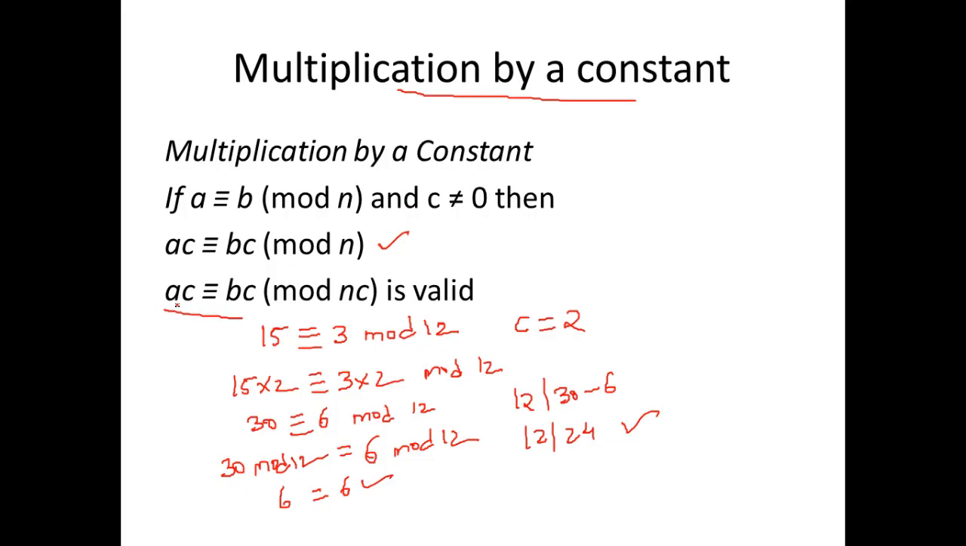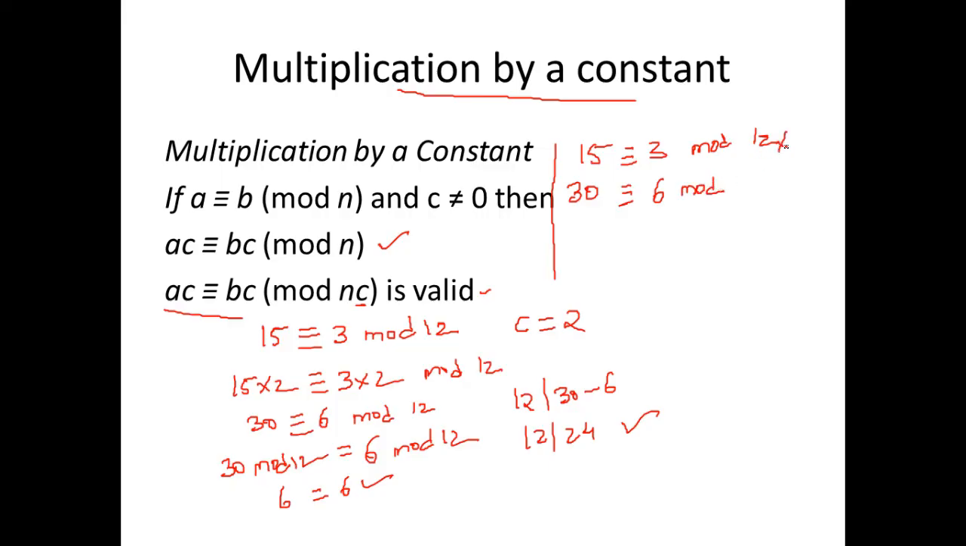We can take AC is congruent to BC mod nC. Say we can also multiply that constant with the modulus n, and even that holds. So let's go and try this one out. Okay, let's go and verify this. Let's take C to be 2. The initial thing is 15 is congruent to 3 mod 12. So we'll multiply 2 on both sides. So it is 30 is congruent to 6 mod